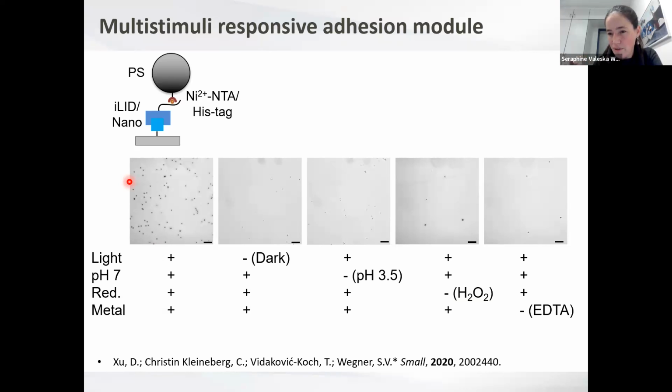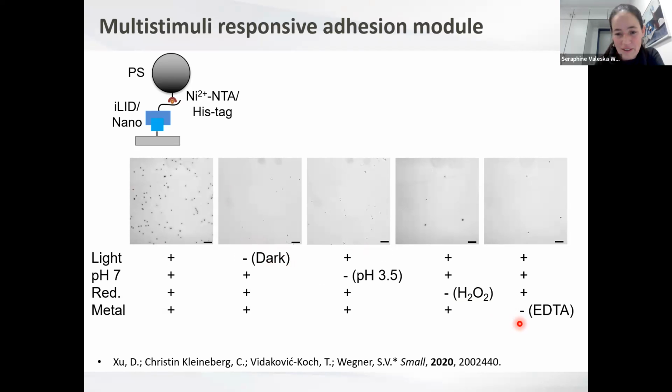But if we do not satisfy one of these conditions, then you see that very few of these beads adhere on the surface. So if we keep the system in the dark, if we lower the pH to pH 3.5, if we introduce an oxidative stress in the form of hydrogen peroxide, or remove the metal ion,